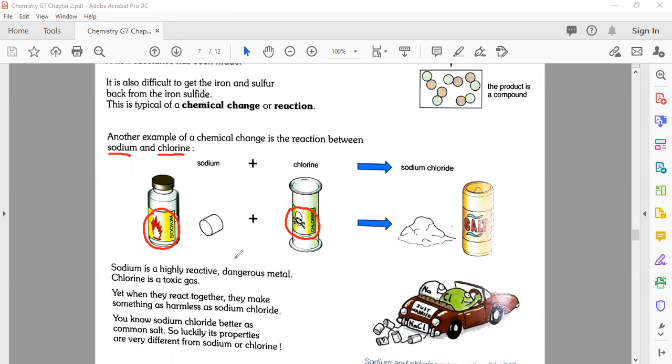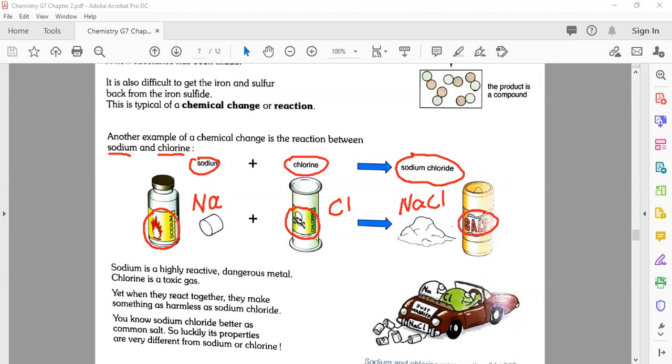You can say that these are the reactants. One is sodium and the second is chlorine. The chemical symbol of sodium is Na, and for chlorine, Cl. Understand? So this is sodium and this one is chlorine. When they combine, what do they produce, or form? Sodium chloride, that is NaCl, meaning salt. You know very well about salt. Every day you use this one, and it is present in almost every kitchen, in every home.